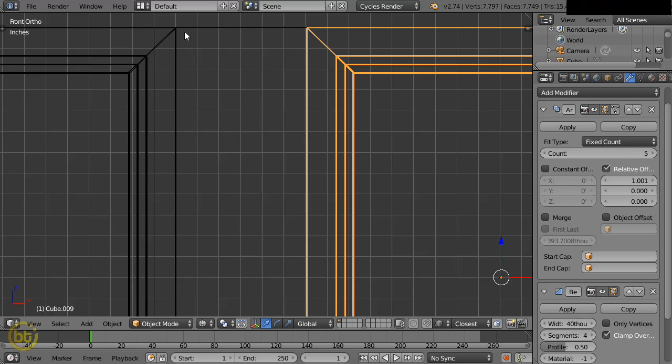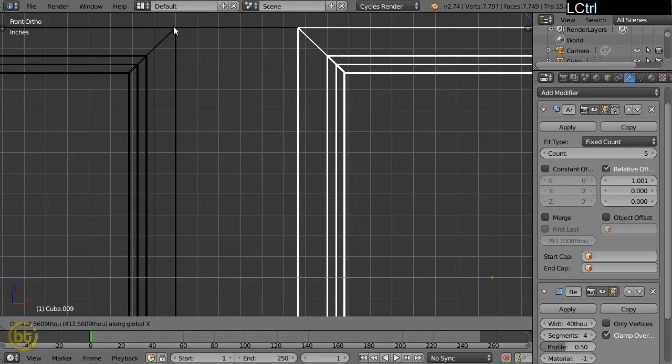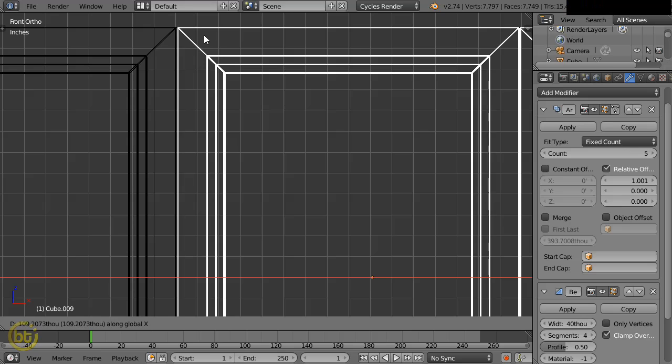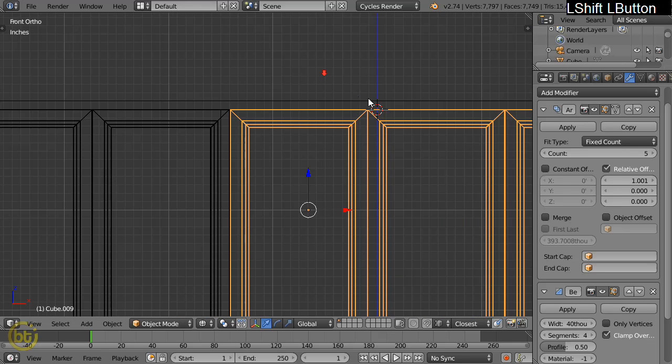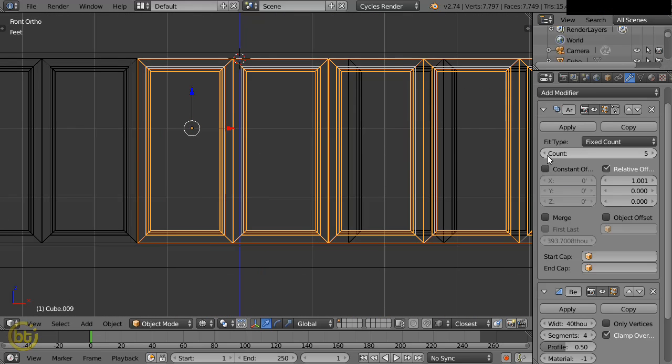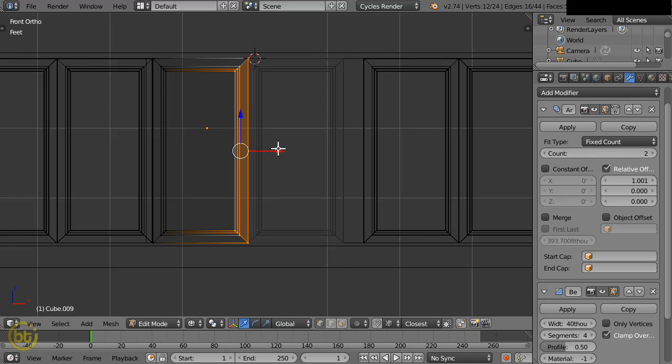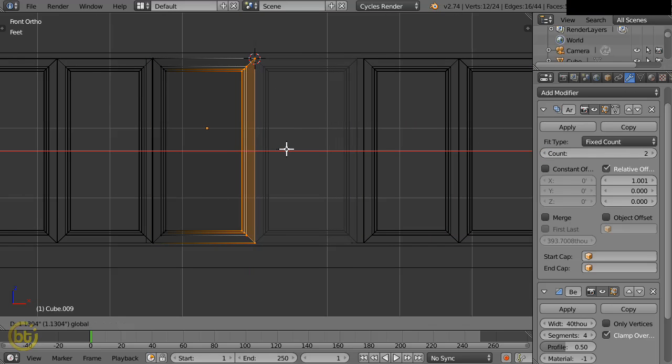snap this one to there, G X like that, move this on the x-axis, leave some space there, something like that, and reduce the number of array counts to 3, and select this one and move this one until it touches the edge there like that. Okay,